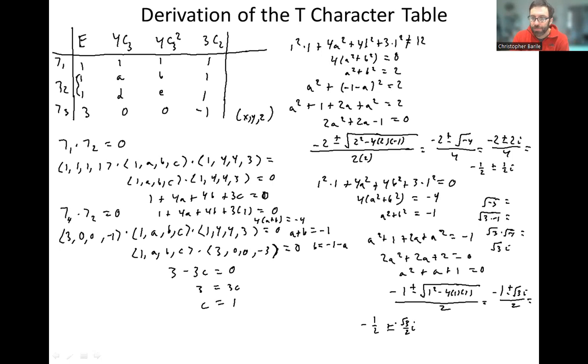And so there's two solutions here, right? -1/2 plus root 3 over 2 i, and -1/2 minus root 3 over 2 i. And so what it's telling us here is, to remind us, we're solving for a. This could be the plus root or it could be the minus root. But if we did this same math,